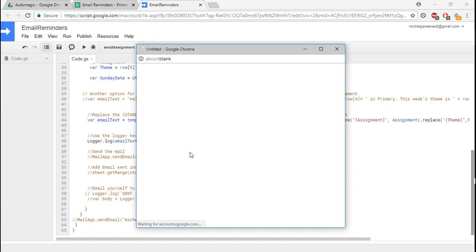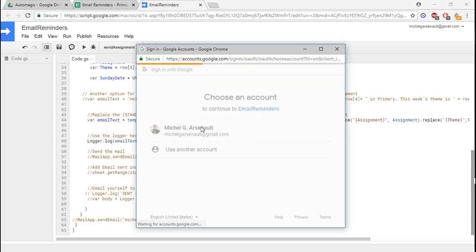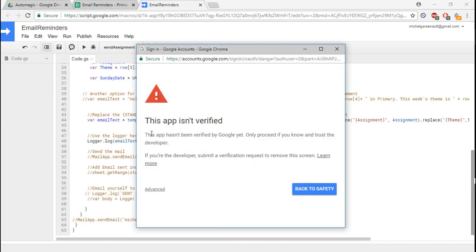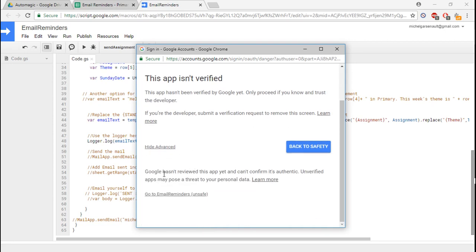So it's going to ask you for permission, and basically it's just saying that this script hasn't been verified. Are you sure you want to use it? If you say no, then you won't be able to use it, but it's basically just a failsafe to protect you against malicious scripts that you might have gotten from a third party. So it'll just ask you to log in. It's going to say this app has not been verified. If you click on advanced and ignore the fact that it hasn't been verified by Google,